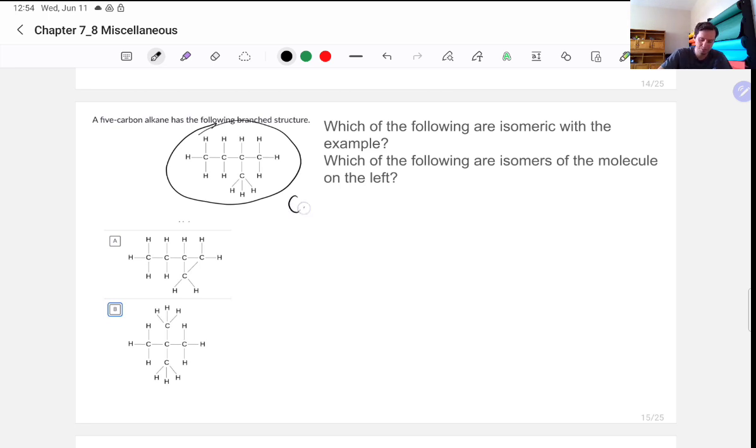Well, here we can see it would be C5, and then how many hydrogens? 1, 2, 3, 4, 5, 6, 7, 8, 9, 10, 11, 12. So this is C5H12. So effectively, we're just asked which of the following is also C5H12? Okay, that's all. Again, this is a very basic simplification. That can't be a word. Simplifying